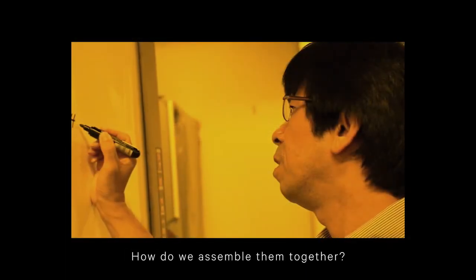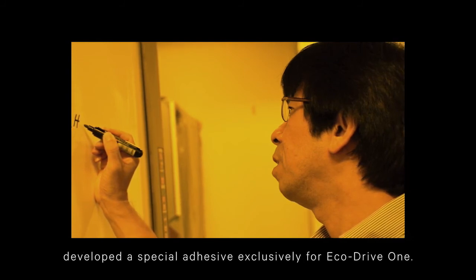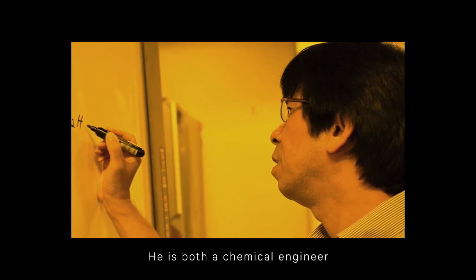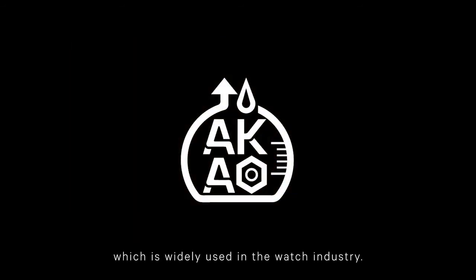New material that is thin yet durable. How do we assemble them together? To this difficult challenge, our engineer, Akao, developed a special adhesive exclusively for EcoDrive 1. He is both a chemical engineer and the founder of the lubricant Akao oil, which is widely used in the watch industry. The qualities required in this adhesive were